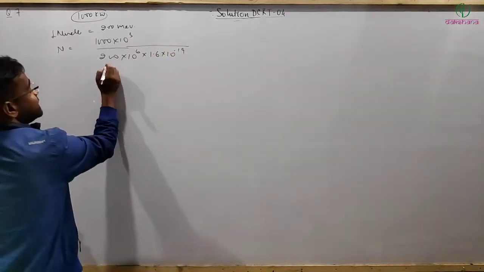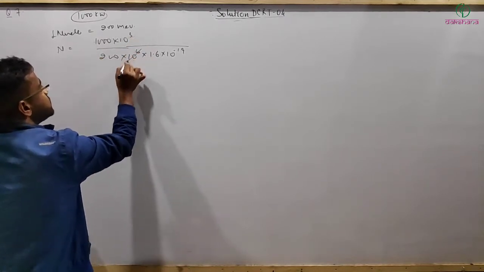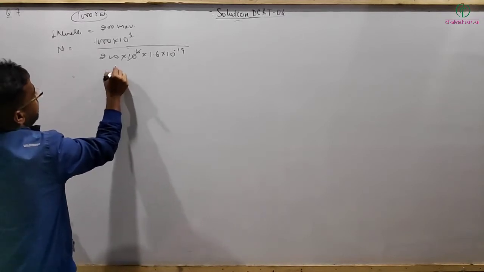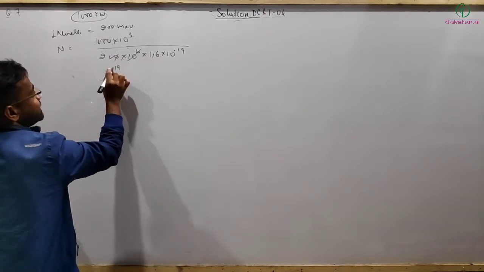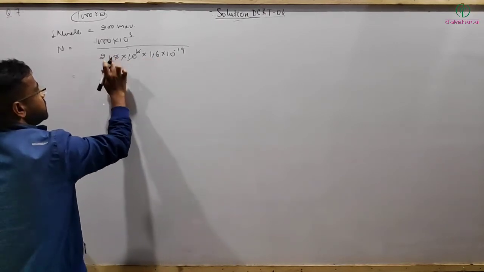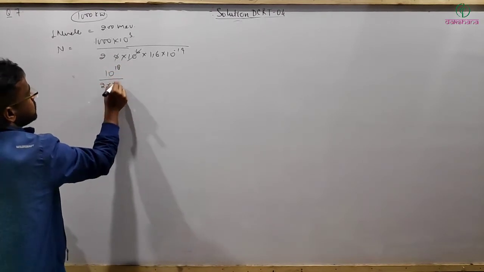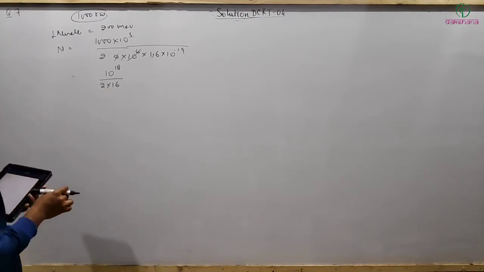Simplifying it, this is 10 to the power 6, this is cancelled out, and then we are left with 10 to the power 19 divided by 10, also gone, and you can write this as 10 power 18 divided by 2 into 1.6. और इसको अगर अपन सिंप्लीफाई करते हैं then it's coming out to be basically